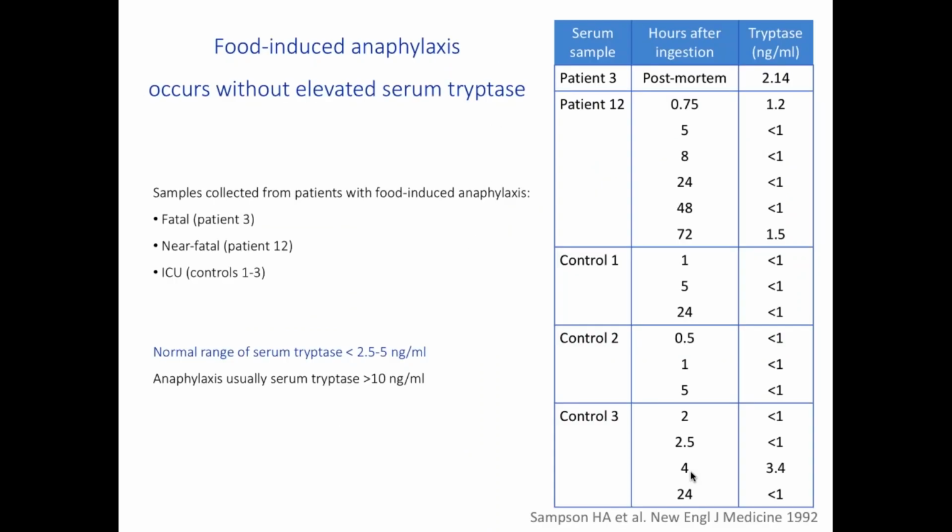And there are a few studies supporting the role of basophils in IgE-mediated food-induced allergic reactions and anaphylaxis. One of the classical examples is this study by Sampson et al. published in the New England Journal of Medicine in the early 90s, where cases of fatal and near-fatal food-induced anaphylaxis were documented in the absence of detectable serum tryptase. Tryptase is a mediator that is mainly released by mast cells, but not by basophils. And in this paper, in cases of fatal and near-fatal food-induced anaphylaxis, serum tryptase was hardly ever increased at different time points during the anaphylaxis episode, which supports the role for basophils